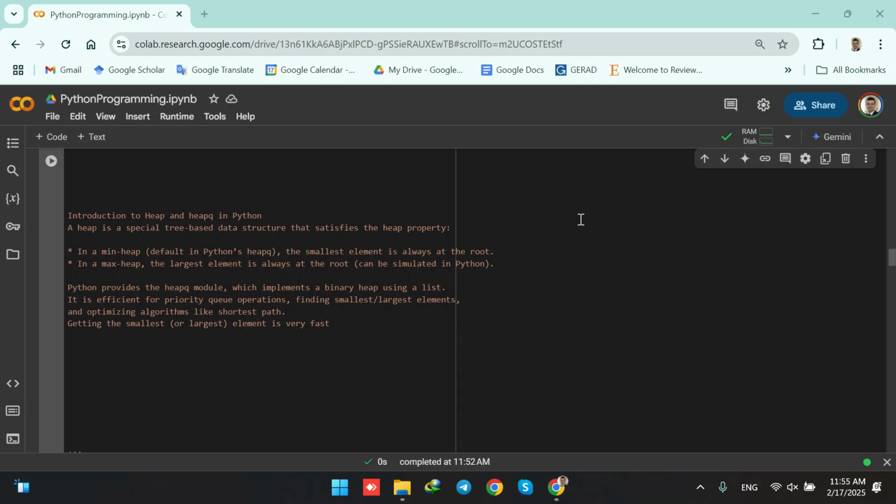In today's video, we're going to have an introduction to heap and heap queue in Python. So a heap is a special tree-based data structure that satisfies the heap property. For example, in a min heap, which is the default in Python's heap queue, the smallest element is always at the root. And in a max heap, the largest element is always at the root and can be simulated in